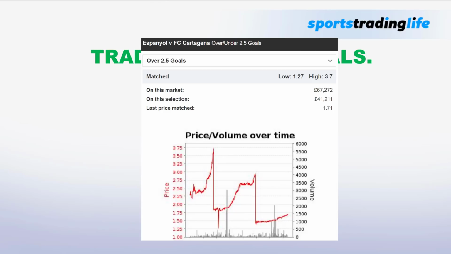But to quickly show you the idea behind trading over 2.5 goals is that we want to do a back to lay trade on it by backing over 2.5 goals, waiting for a goal, then laying after the goal as the price will then collapse. Okay, so you can see how the odds will steadily rise when there are no goals. Then when a goal goes in, it collapses and we can lock in a profit with the price difference. And basically we just want to make sure that we are backing at the very top of this.